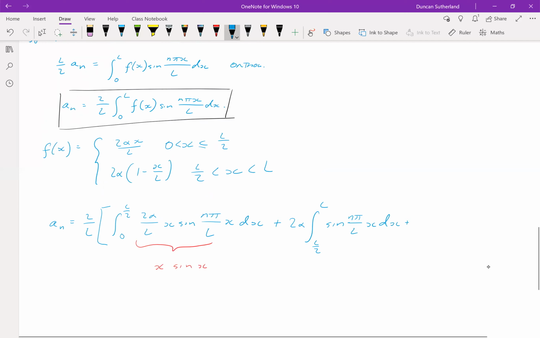Then the next bit has a minus, and it's got an L as well, so minus 2 alpha on L times the integral from L on 2 to L of x sine n pi